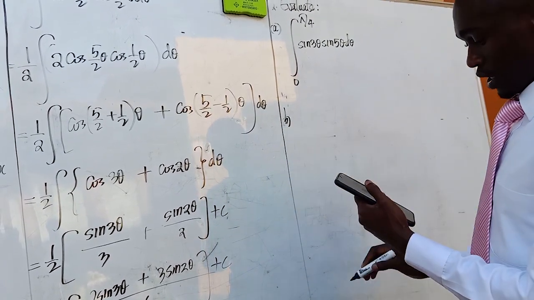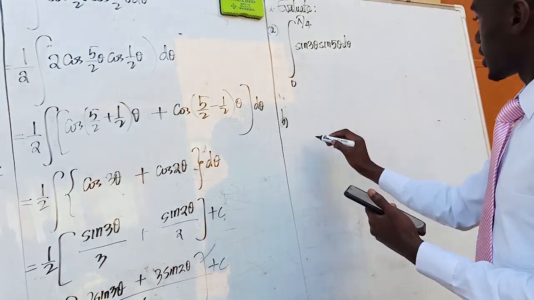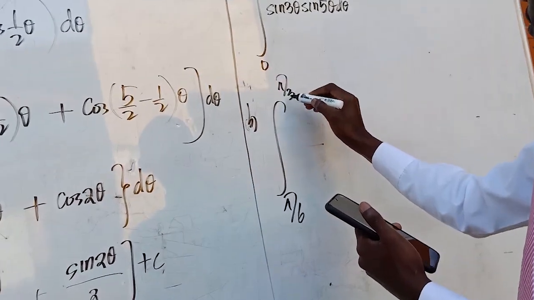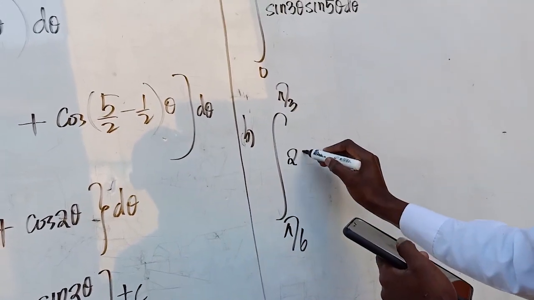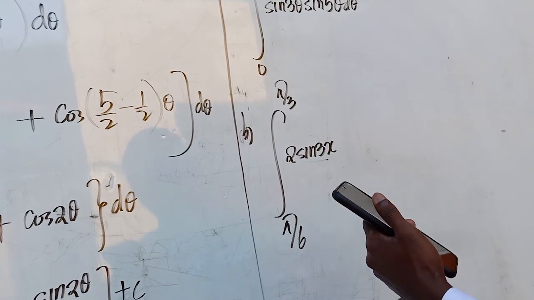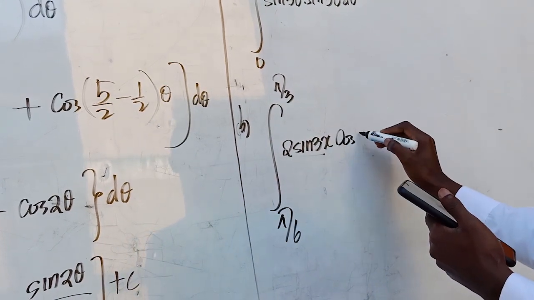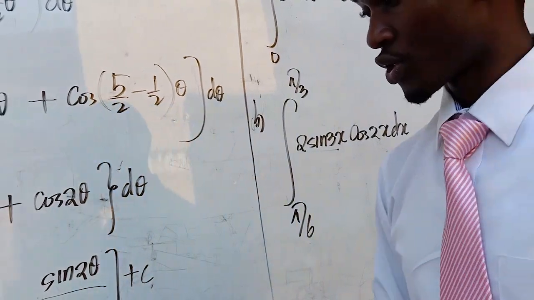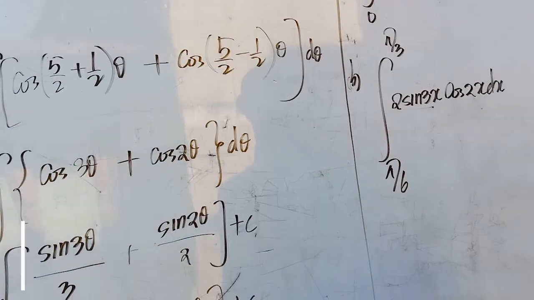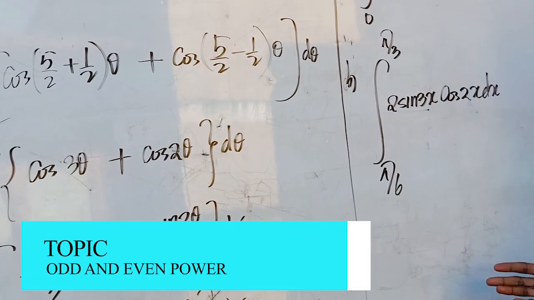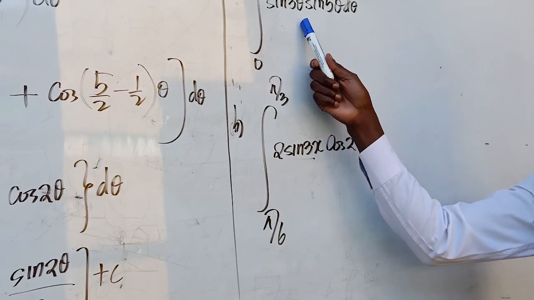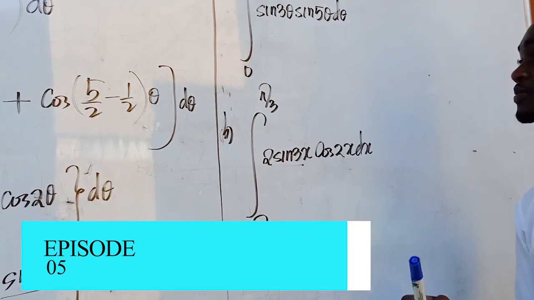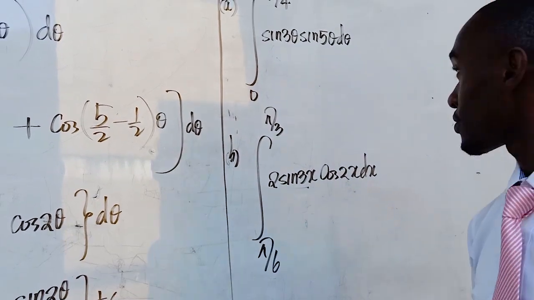B. You can be told to evaluate the integral from pi by 6 to pi by 3 of 2 sine 3x cos 2x dx. I want to talk about the two situations before I deal with one of them. In part A, of course, don't forget that to evaluate, you must have